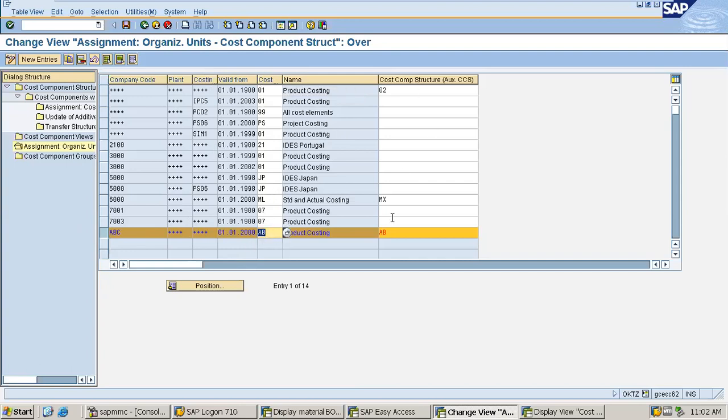Cost component structure auxiliary, that is also AB, that I have created. So basically the cost component structure is assigned with the required organization units such as company code, plant, costing variants, and obviously a valid from date, from which date you want to keep it active.